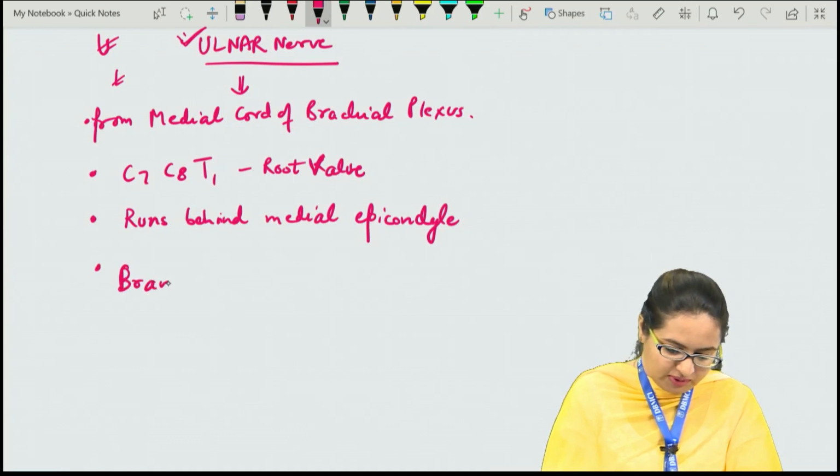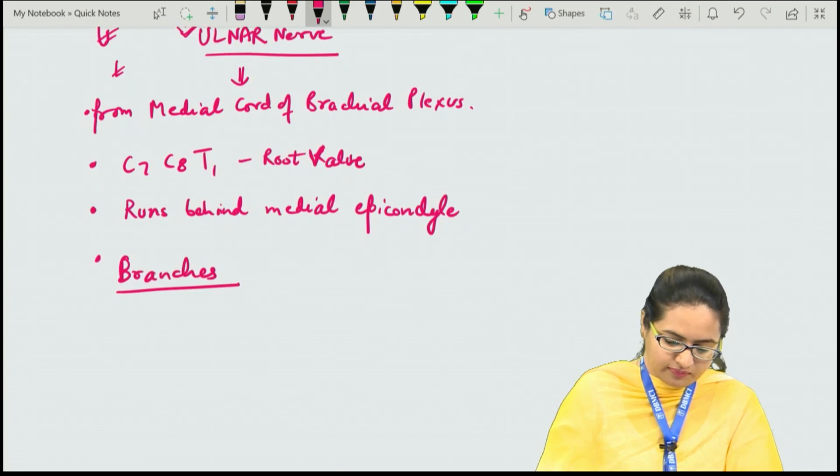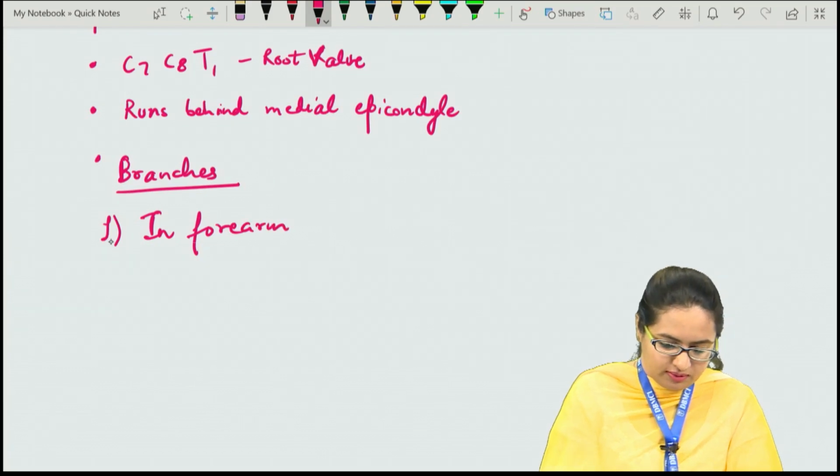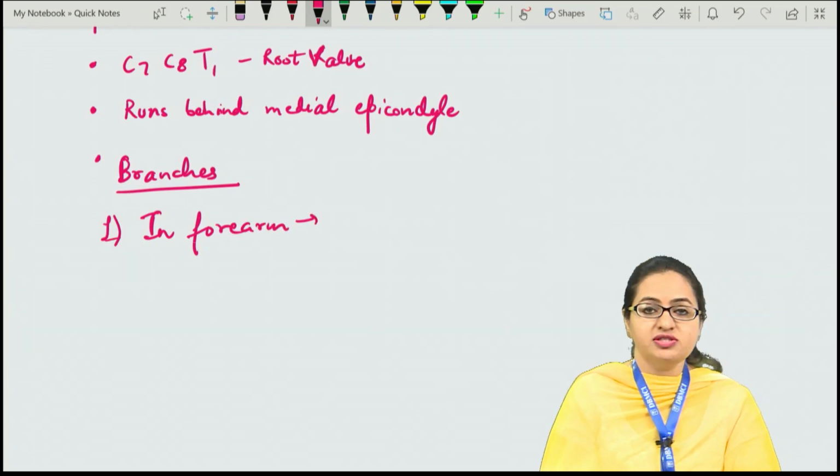So if we talk about the branches in the forearm, it is giving supply to the flexor